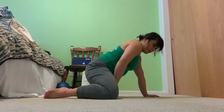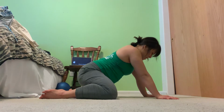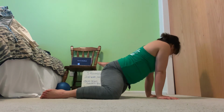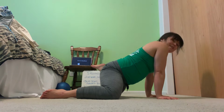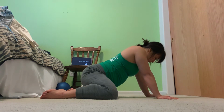But what we're really doing is we're rotating our hip capsule around, getting a little bit more opening through the inner thigh. Let's go ahead and send the hips back. Come back up to neutral, and then the other leg, we're going to come back, turn the underside of the foot up to the ceiling, as far up to the side as possible. So let's do that one more time on each side. Settle back,